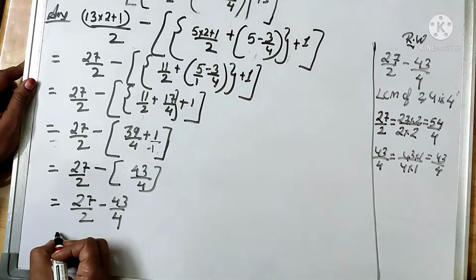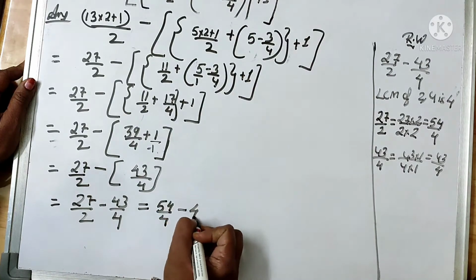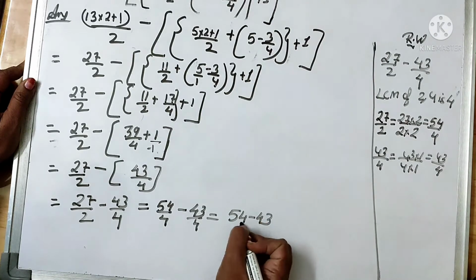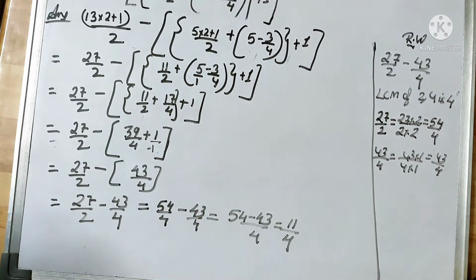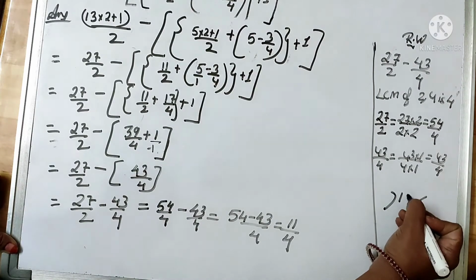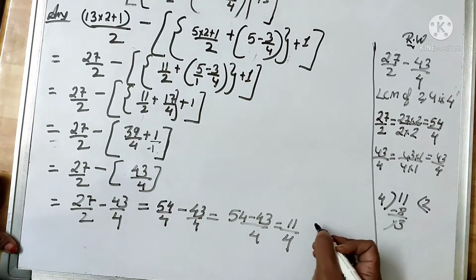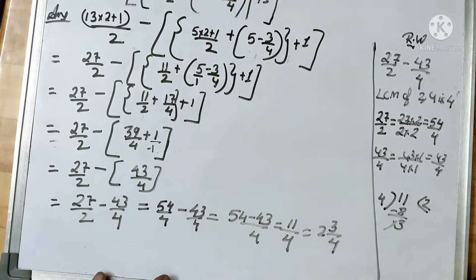So it comes out to be 43/4. So here it will be equal to 54/4 minus 43/4, which comes out to be (54 minus 43)/4, which comes out to be 11/4. Okay, so what answer did I get? I got 11/4 as the answer. Now 11/4, if I have to write it in the form of a mixed fraction, 4 twos are 8, so it comes out to be 2 3/4. Okay, the answer comes out to be 2 3/4. In this way we solve the 9th one. Okay, I am sending the PDF also.